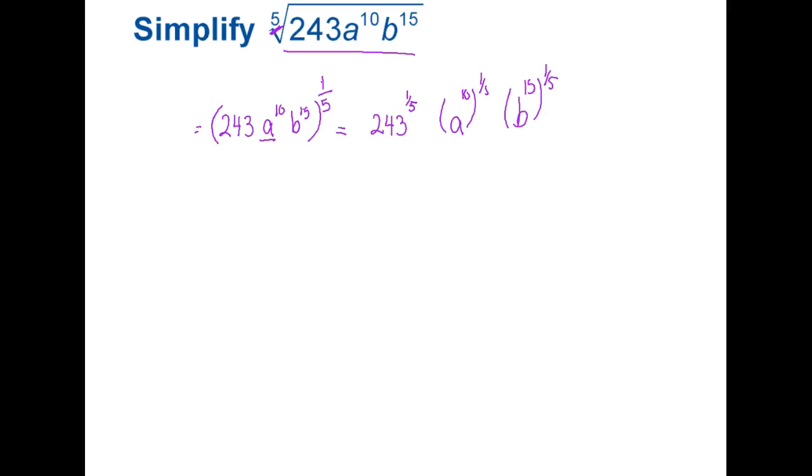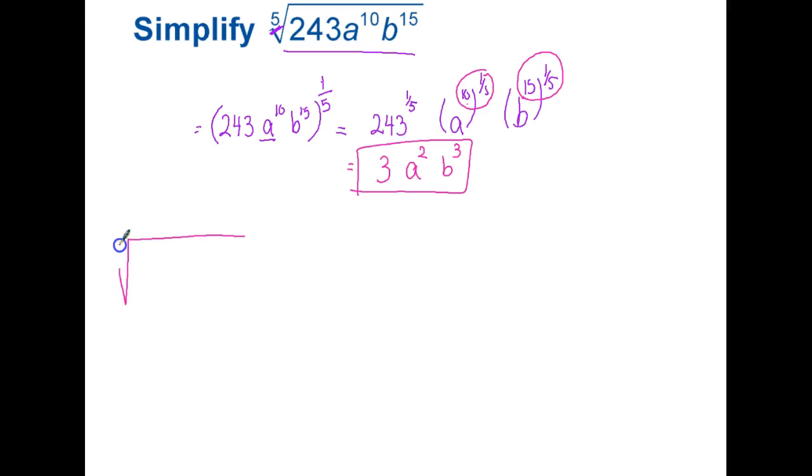Now you can solve this using a calculator. You can solve the number part using the calculator. You can either plug in 243 to the power 1/5 or simply just plug in the 5th root of 243 and the answer is 3. Now, a to the 10th to the 1/5, that means it's 10 divided by 5, which is 2. b to the 15th, 1/5 of 15 is 3. And that's your answer. Now, it's your turn. Find the 6th root